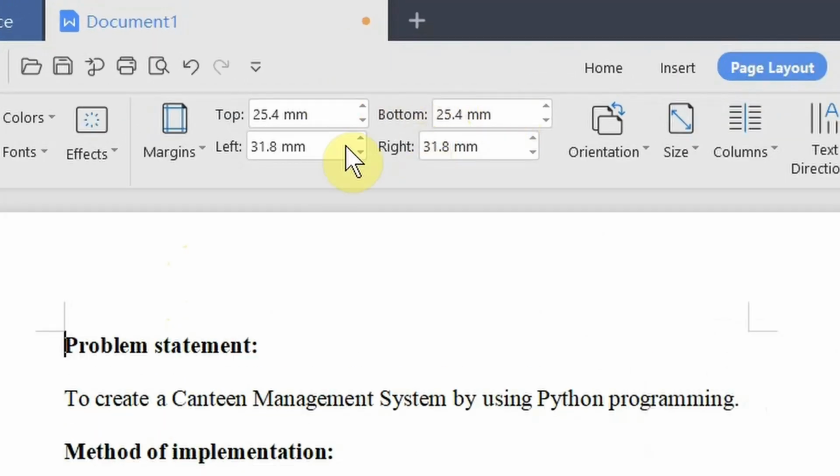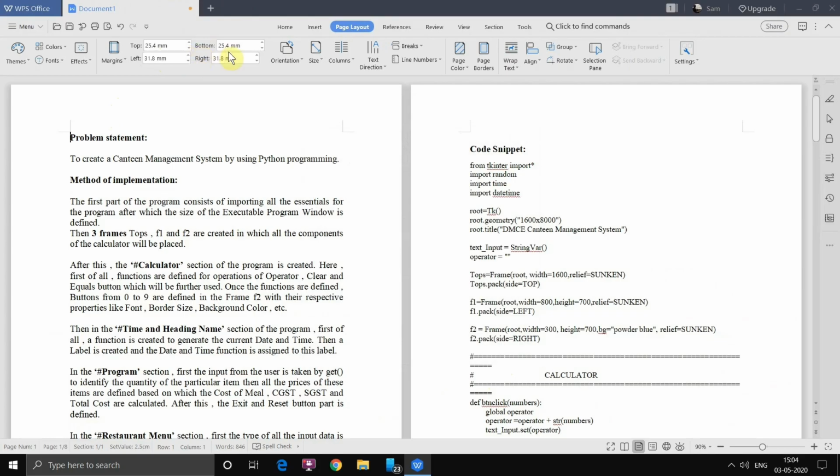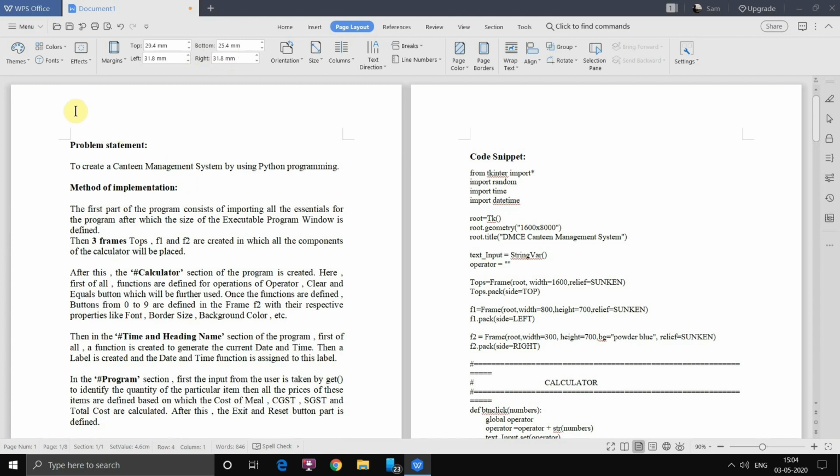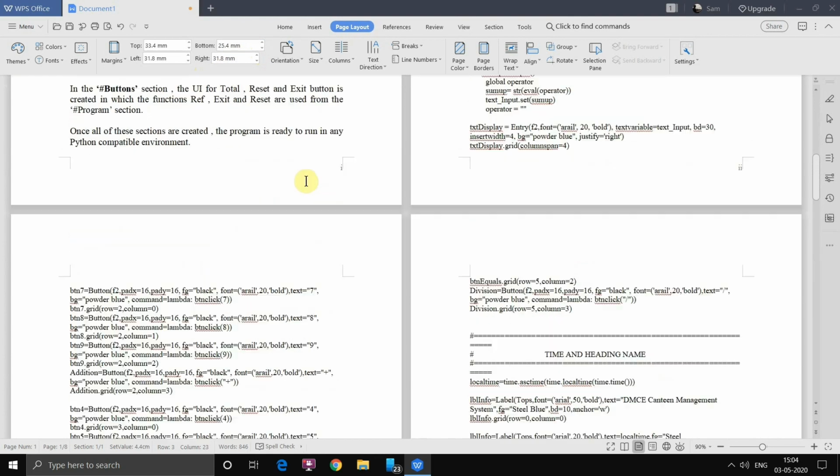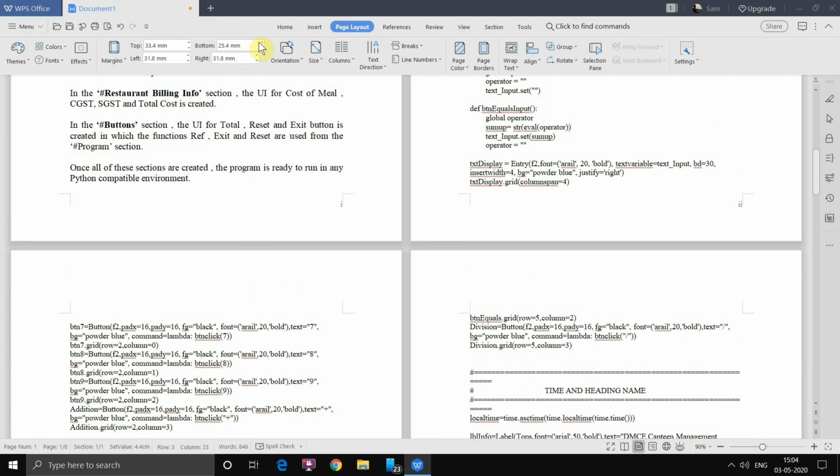Now top, bottom, left, right, these parameters are given so that you can adjust the margin. So when I click here and go here, see, from the top it got increased. If I go on increasing and I come here, now if I select bottom, see, this is the bottom margin.